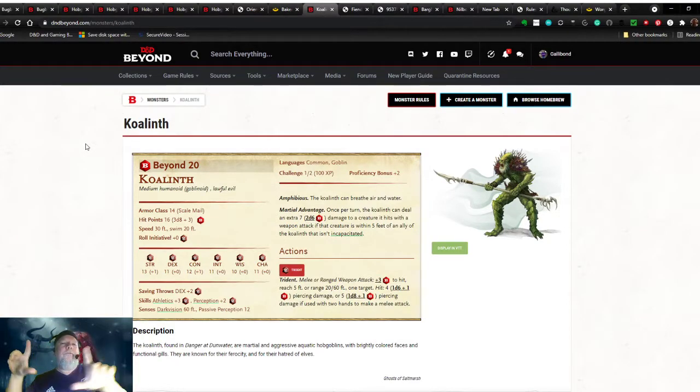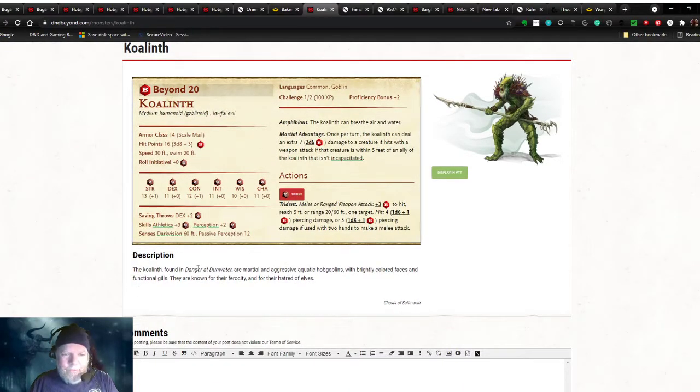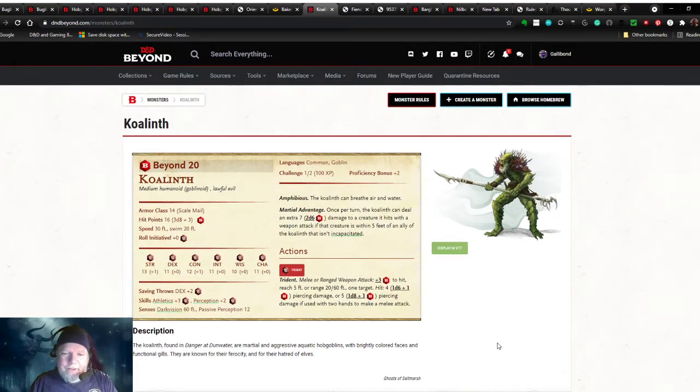Now, jumping back to 5th edition, we have the Koalinth, and the place where this was most recently brought in was in the Ghosts of Saltmarsh. So it's an amphibious goblin that is found in the Danger at Dunwater adventures. They're martial and aggressive aquatic hobgoblins with brightly colored faces and functional gills. They're known for their ferocity and for their hatred of elves. So this is yet another type of goblinoid, kind of a hobgoblin. All right,